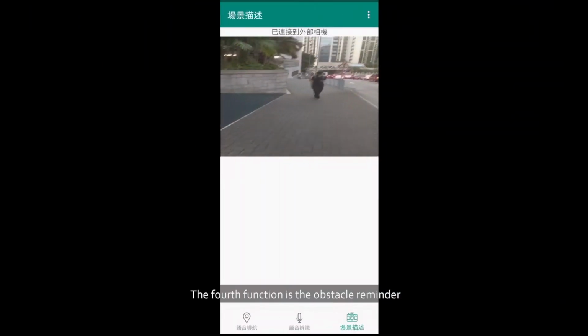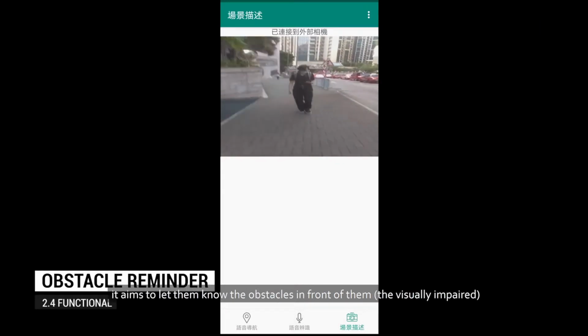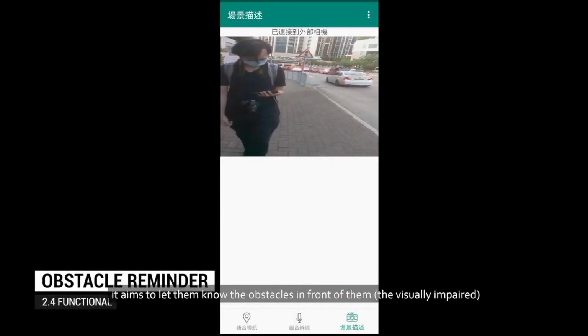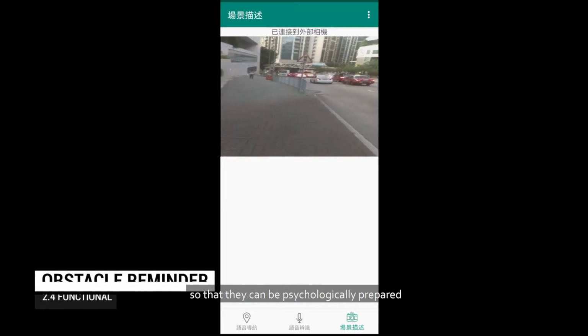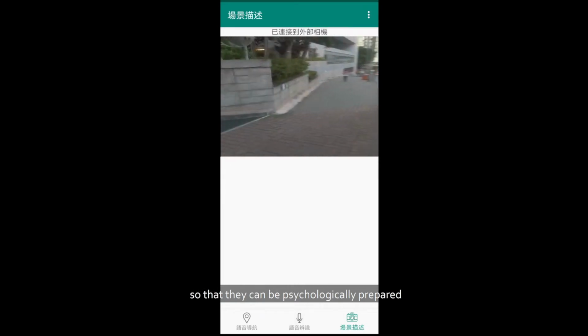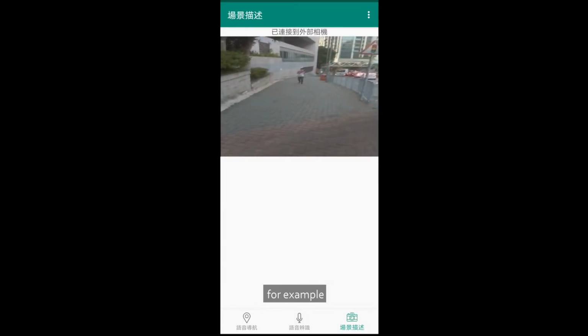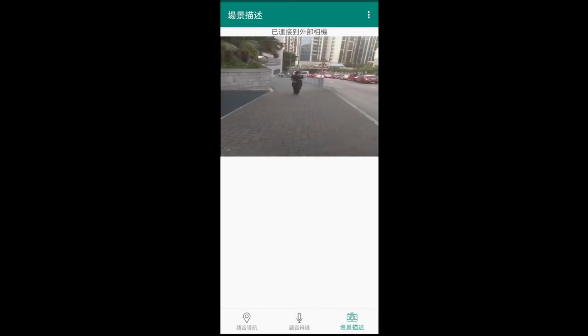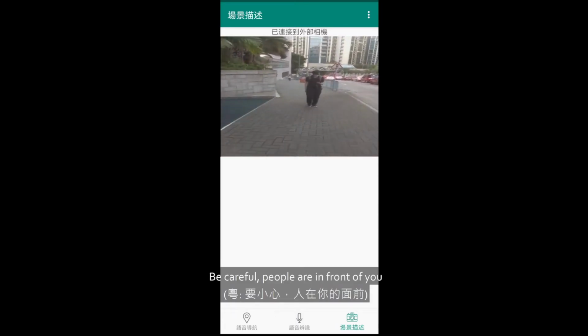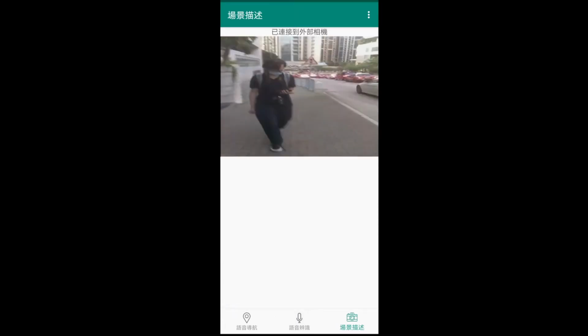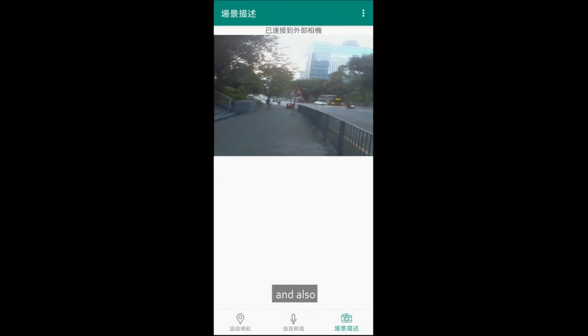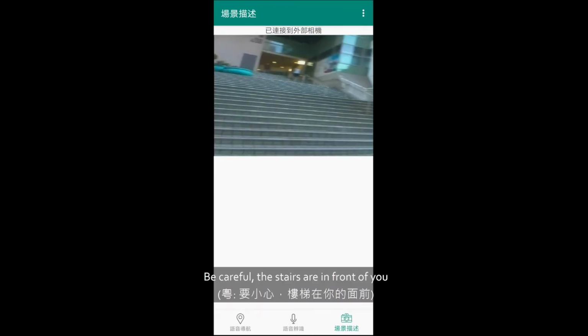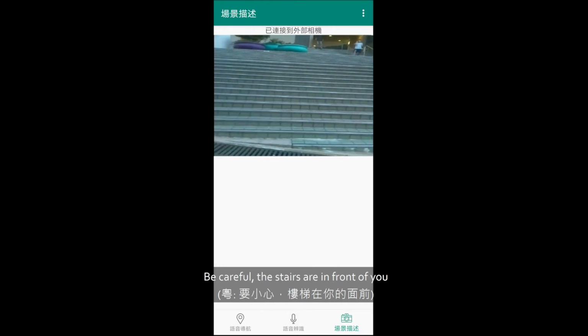The fourth function is obstacle reminder. It aims to let them know the obstacle in front of them, so that they can be psychologically prepared. For example, 要小心，人在你的面前。 and also, 要小心，樓梯是在你的面前。